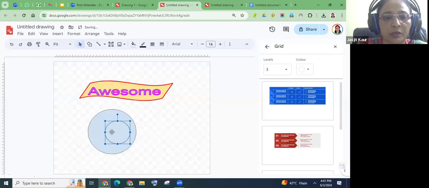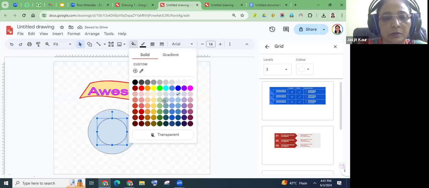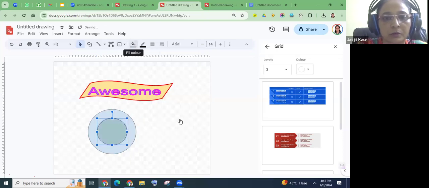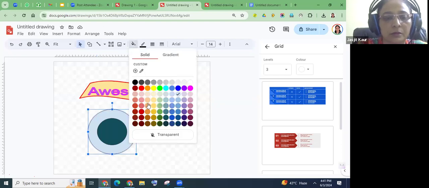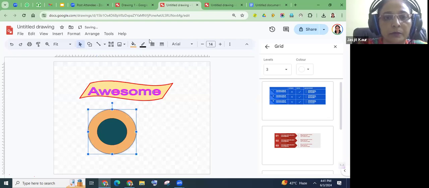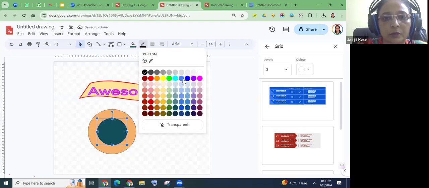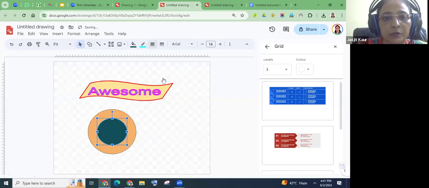When we are making it, we can change the size also. We can change the color. Change the outer inner side. Make it thick. And now we want that no one can change it or replace it. So what we will do, we will select it,